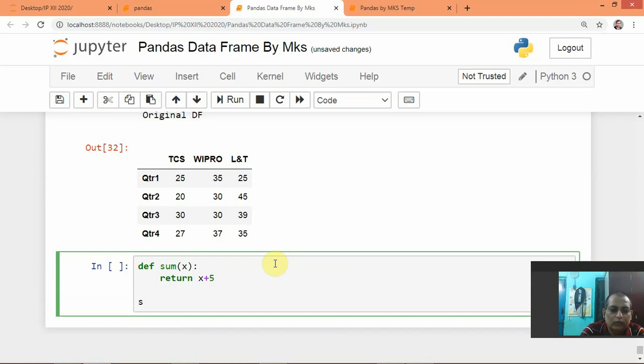So if we write print sum of 12, what will be the output? It will give 12 plus 5, that is 17.